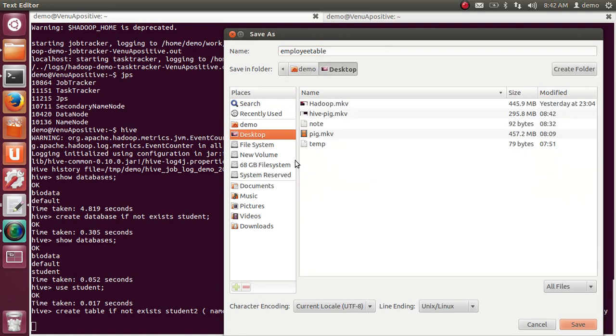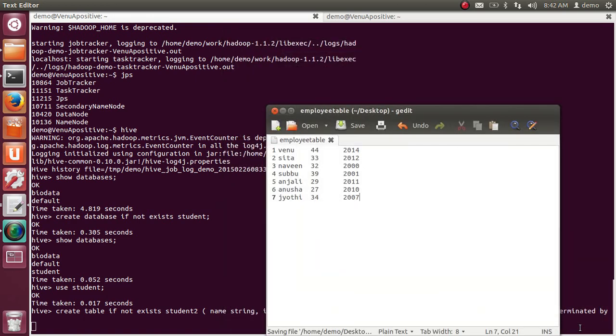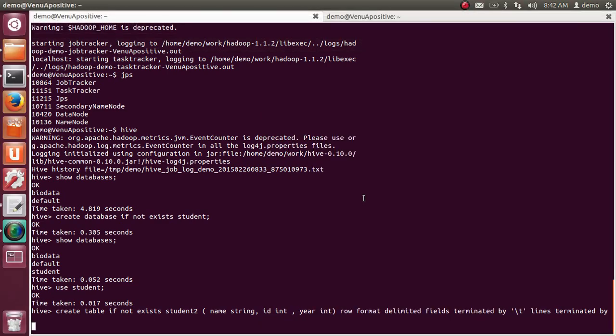For example, it is employee data. I'm storing it in the database. Let's say this is the data and I'm analyzing it by using Hive. At the time you should create a table. This is the table I'm analyzing. So first is name, second is ID, third is when they joined, that means joining date, year, etc. Now I'm creating student2 and creating a format.